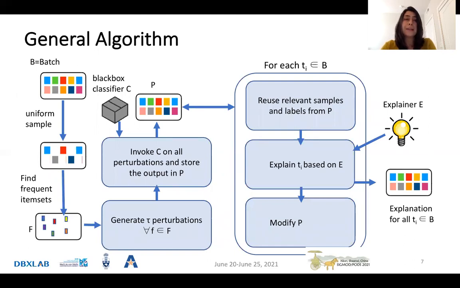So there are some ideas for optimization. Through profiling the current explanation methods, we realized that one of the most time-consuming steps in the sampling-based explanation methods is calling the black box classifier on the generated samples to label them. Through our experiments, we saw that about 88% of the execution time of LIME, and 92% of the execution time of Anchor, are spent on invoking the black box classifier. I will explain these algorithms later.